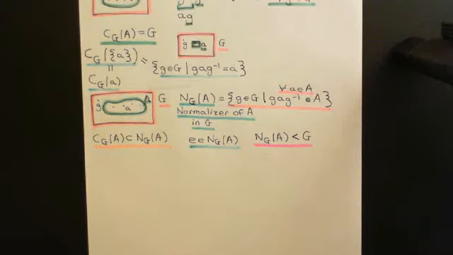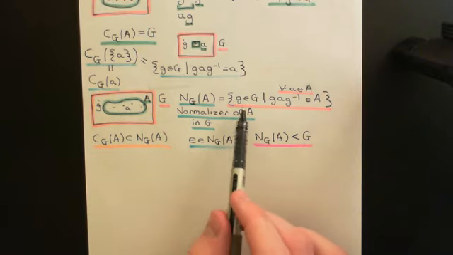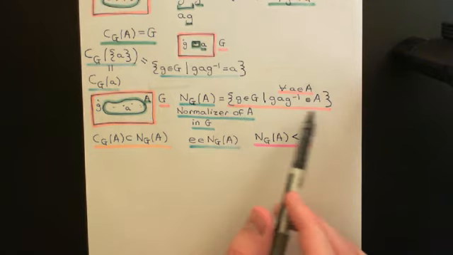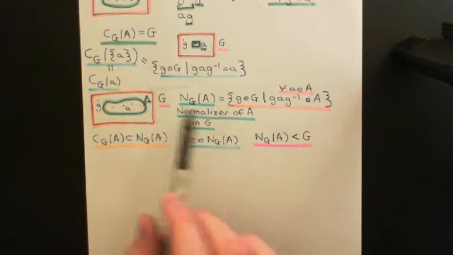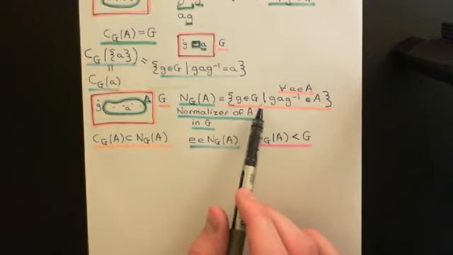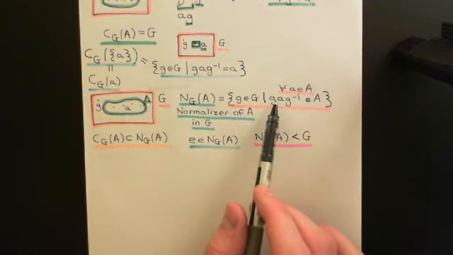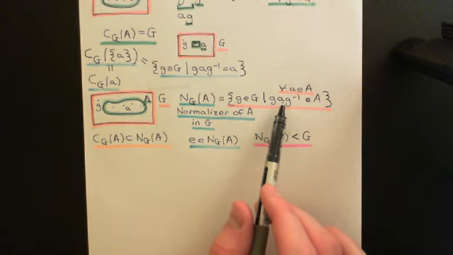Okay, so welcome back to this next video in which we are discussing centralizers and normalizers. We've now just defined what the normalizer of a subset capital A in the group capital G is actually going to be equal to, and we've seen that it is the subset of the group capital G that contains all elements of the group which, when you use that element of the group to